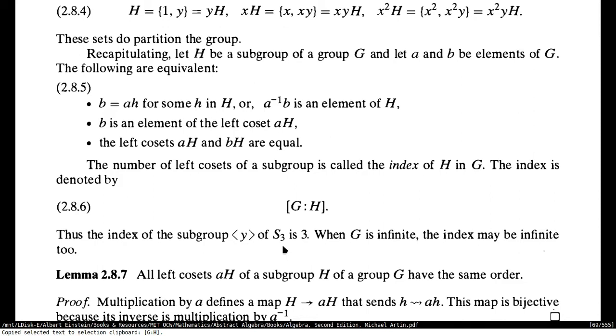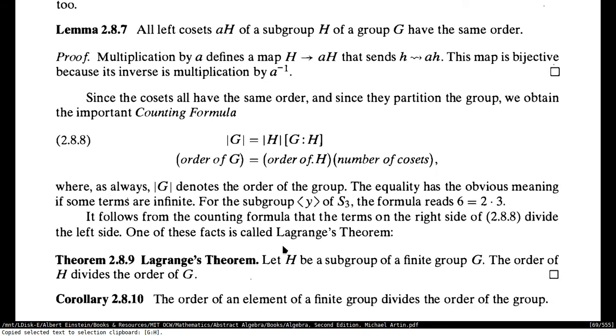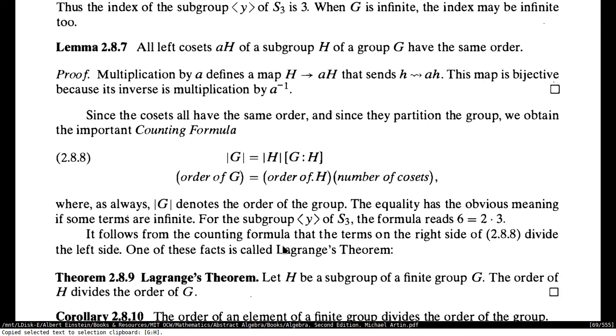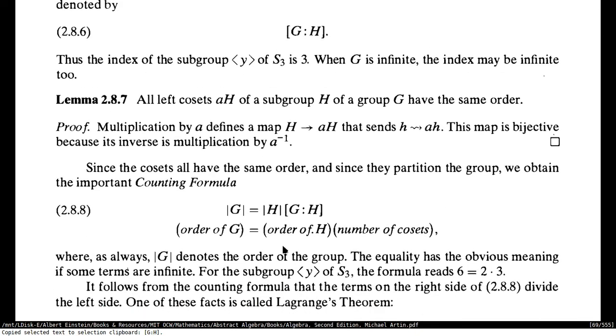That makes sense. Okay, so we'll quickly go through these lemmas and their corollaries, and we'll see the Lagrange theorem about subgroups of a finite group and its order. So lemma 2.8.7 says that all left cosets AH of a subgroup have the same order, right? So all the left cosets of a particular subgroup are going to be the same order, and there's nothing